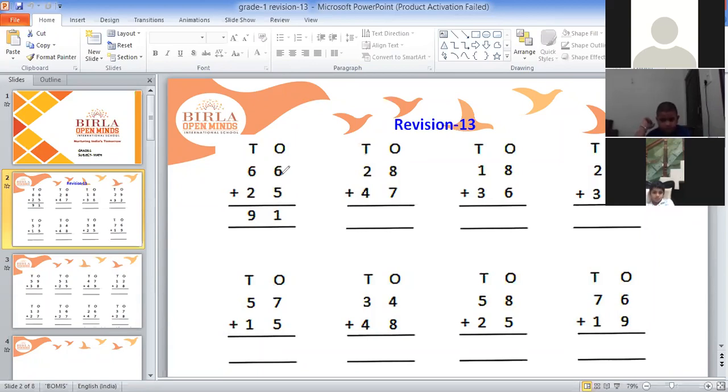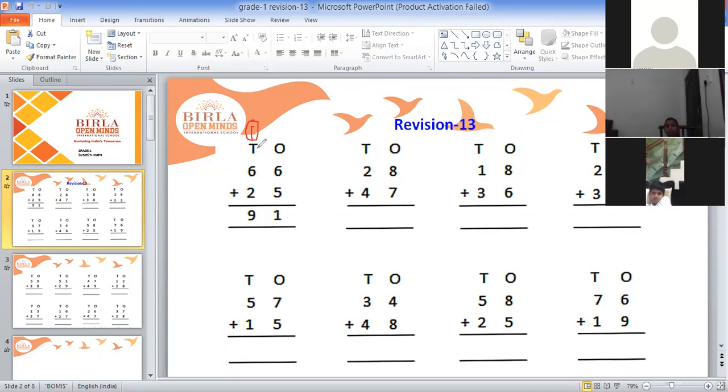So we will start counting after 6 and count forward 5. Okay. So 6 plus 5 is 11. So we will write 1 here and the other 1 will go as carry over in tens place. Okay. Fine, you have to write like this, children. The other one will go as carry over in tens place.